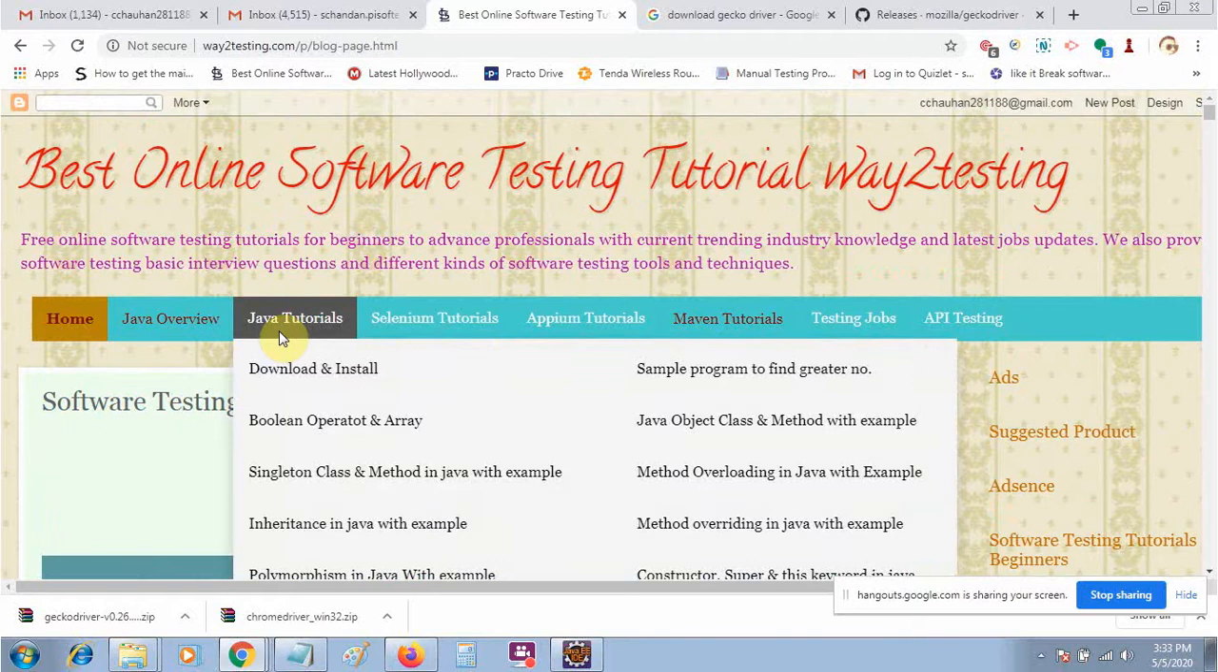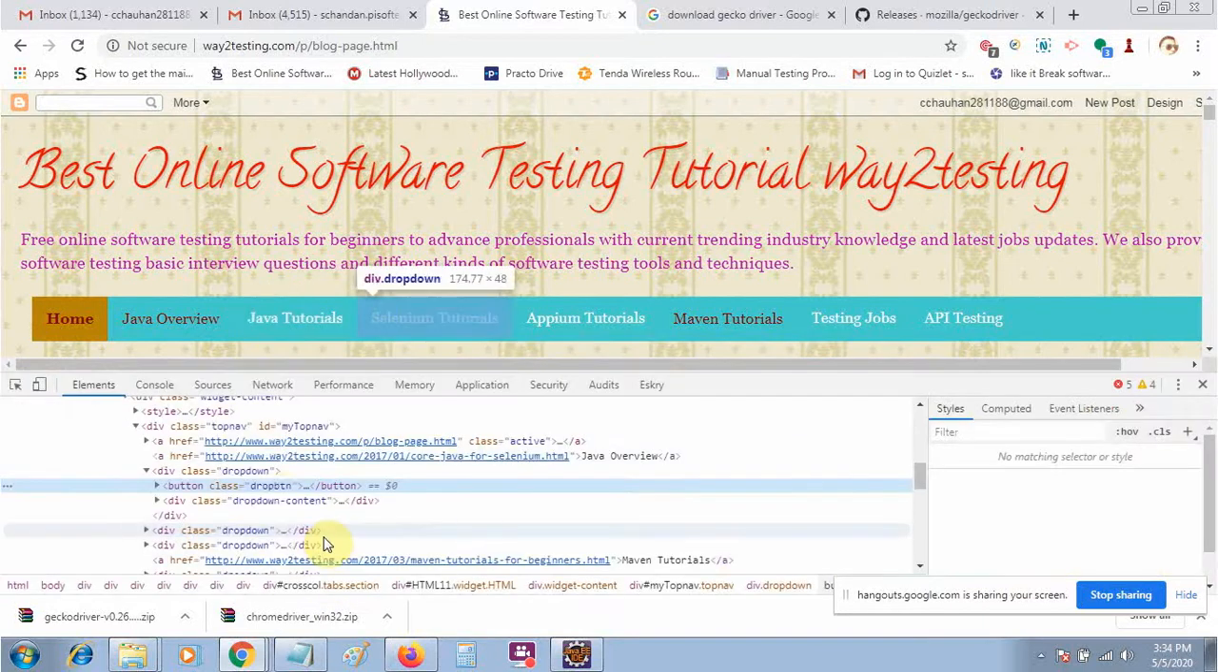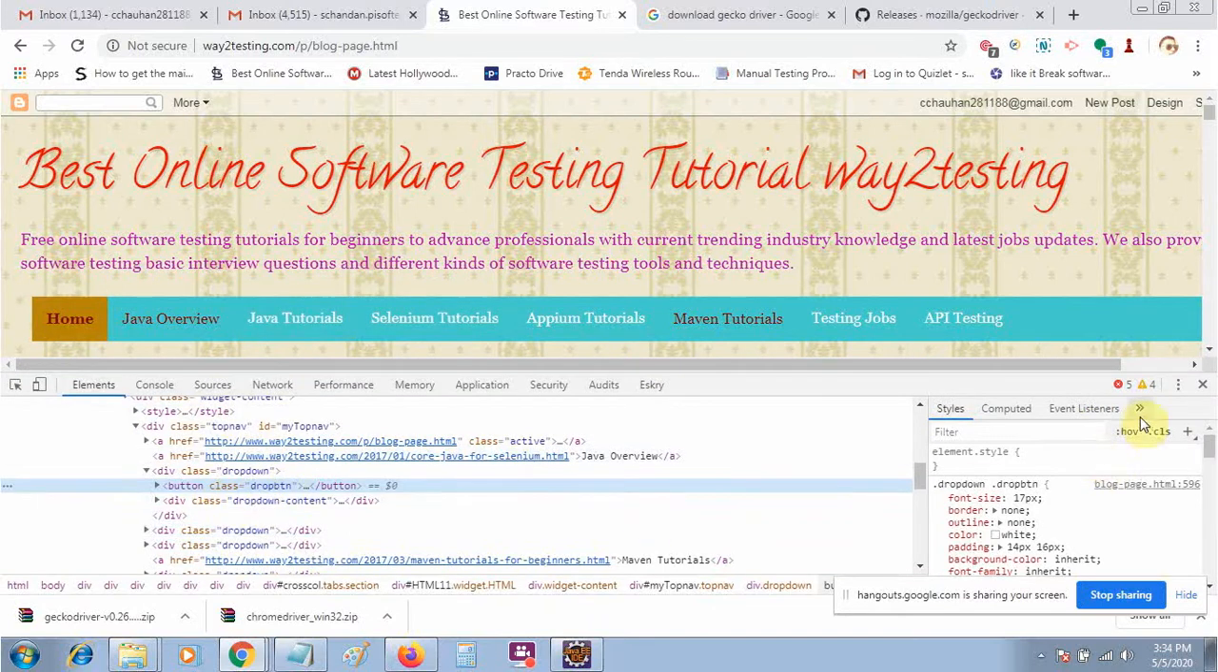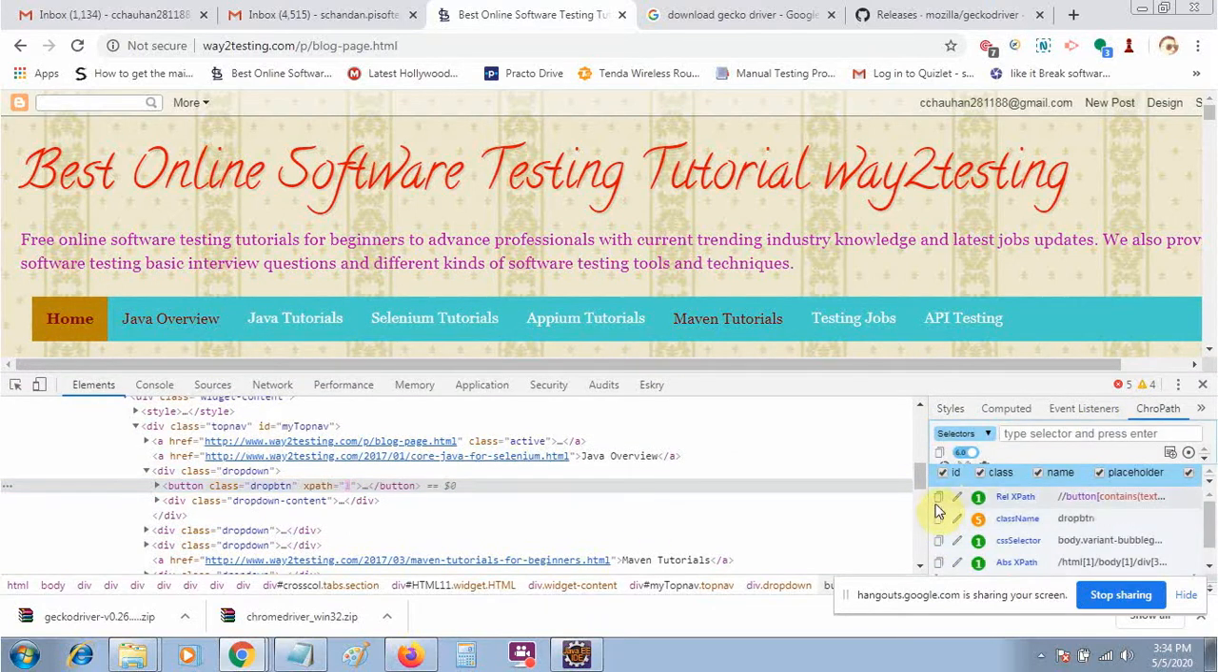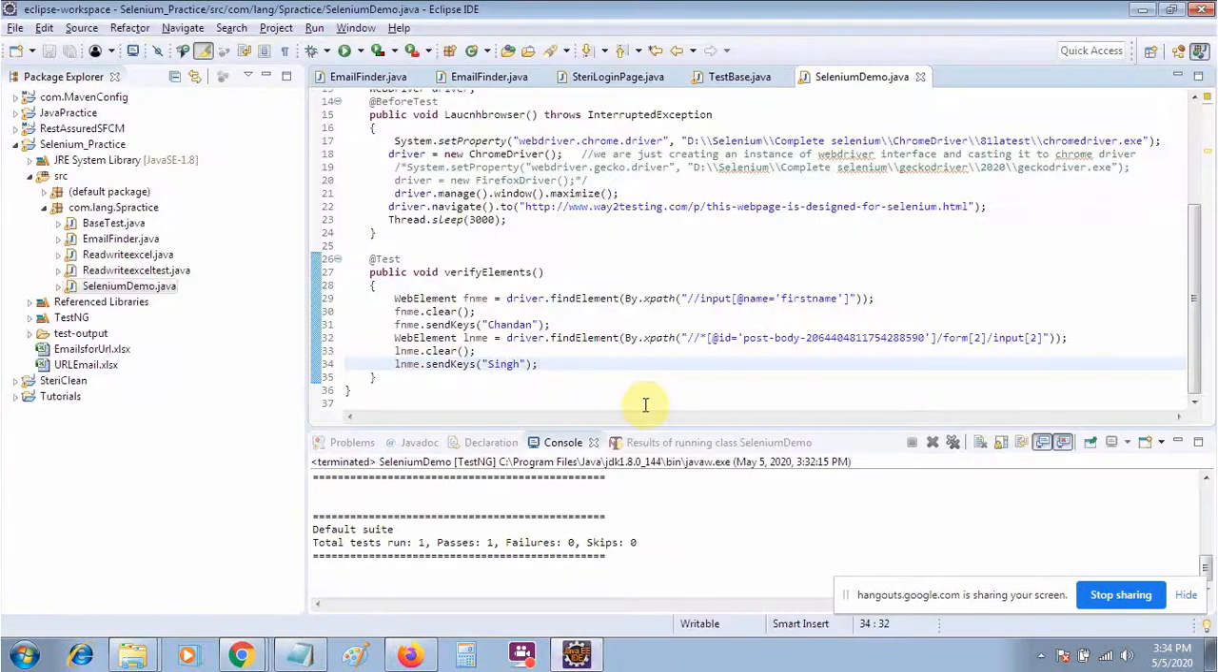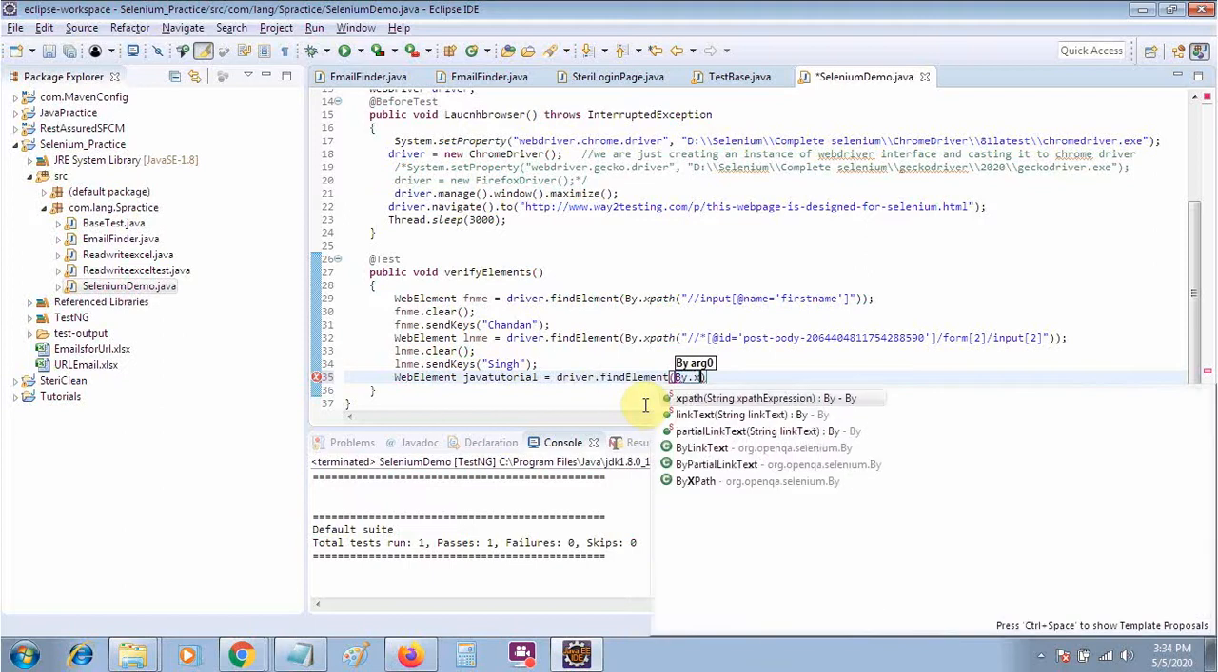It's a very simple thing to do the mouse over. We just need to use the Actions class. First of all, let me extract this one. Suppose I want to mouse over something like the Java tutorial or Selenium tutorial, and I will get the XPath of this one. First of all, I will create my WebElement, like javaTutorial, equal to driver.findElement(By.xpath